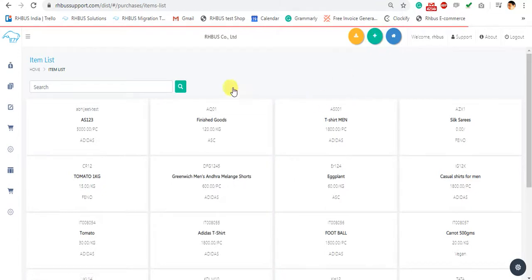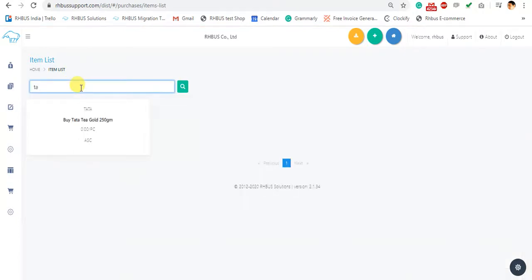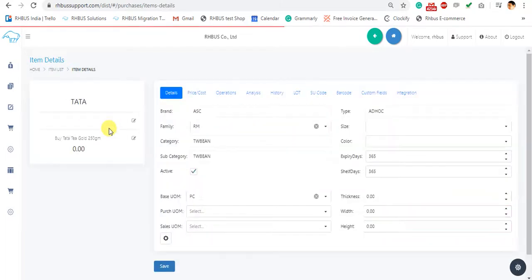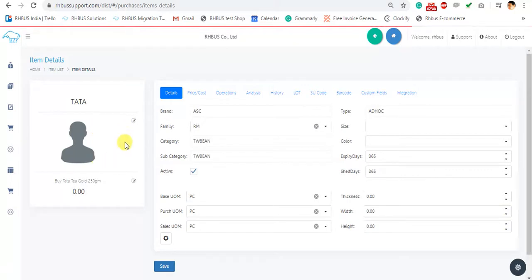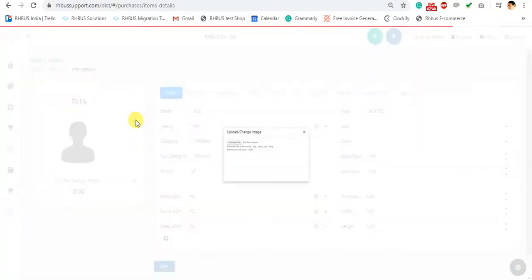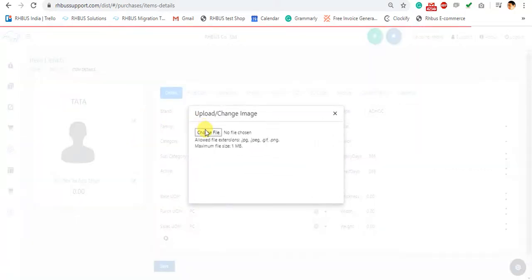I want to add new. If I click here, I'll add new. I will just use the new item, Tata. So I have an image of the product. So I'll add an image of this product